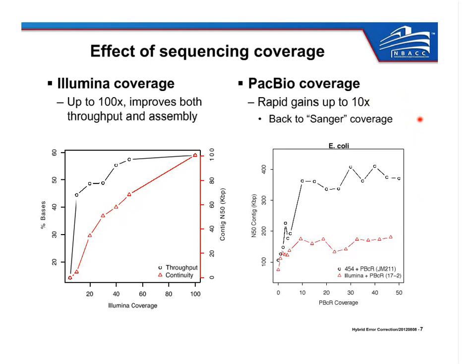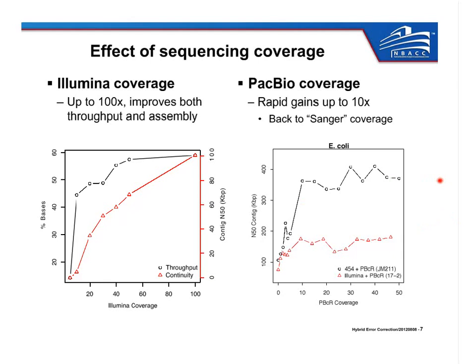So in the plot I'm showing here for an E. coli, this is one of the German E. coli outbreak strains, JM211. The introduction of just 10x of PacBio coverage took the N50 contig size from 100 kbp to nearly 400 kbp. So you're seeing a 4x improvement in the continuity of contigs with the introduction of just 10x of PacBio. I'll also note that this coverage shows diminishing returns, but if you want to get the very